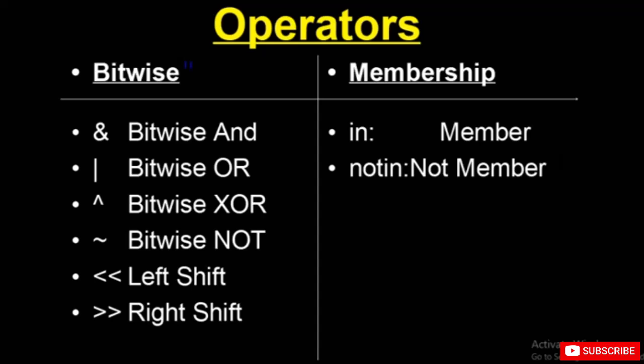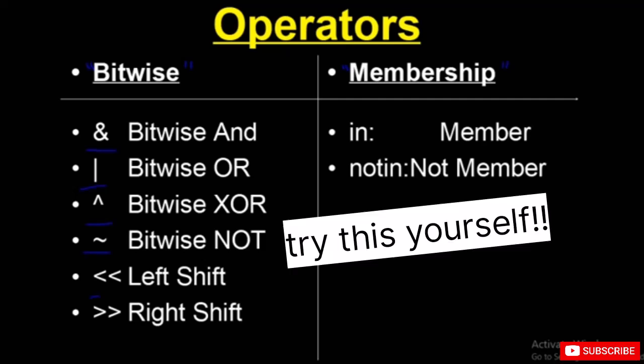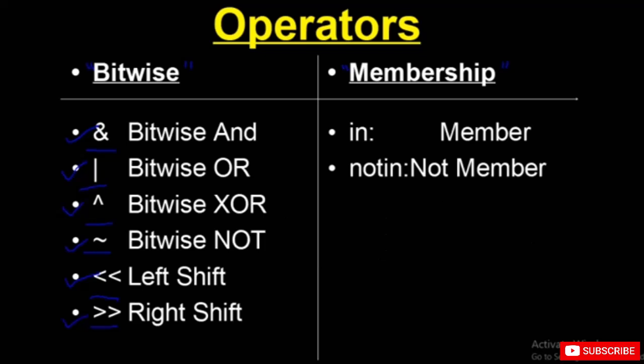So after that practical, I hope that you are excited about the bitwise and membership operators. So what is bitwise? Well, that is bitwise AND, OR, XOR, NOT, left shift, right shift. These are pretty much it. And why do we use that? Well, we use it for the purpose defined by our own requirements. So as per the requirement, we use that.